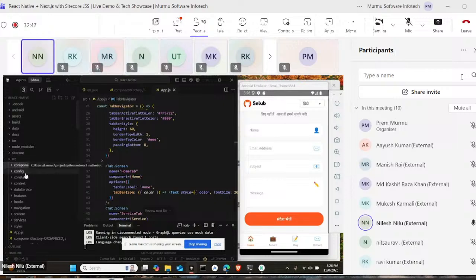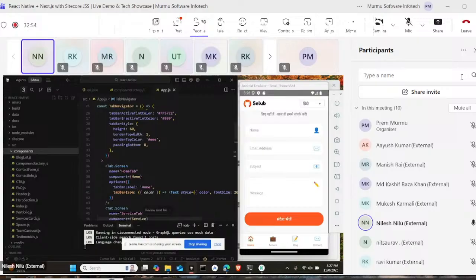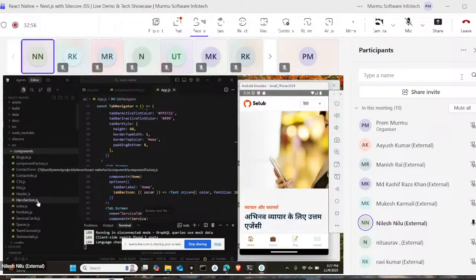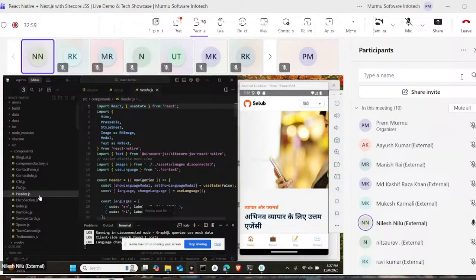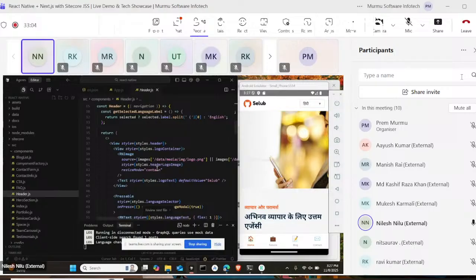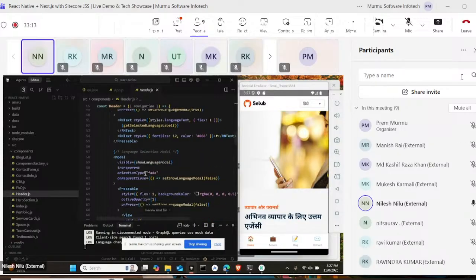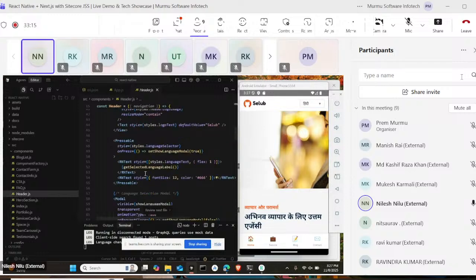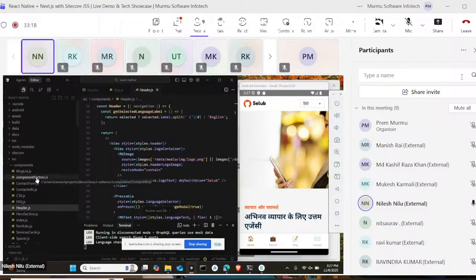For the component part, as you see here, I have defined many components, and as per the requirement I have used them. Here you can see I have added a header component. For the header component we usually make a React Native component, using view, RN images, text, pressable. These are generally used in React Native components. And then I have used it again in our